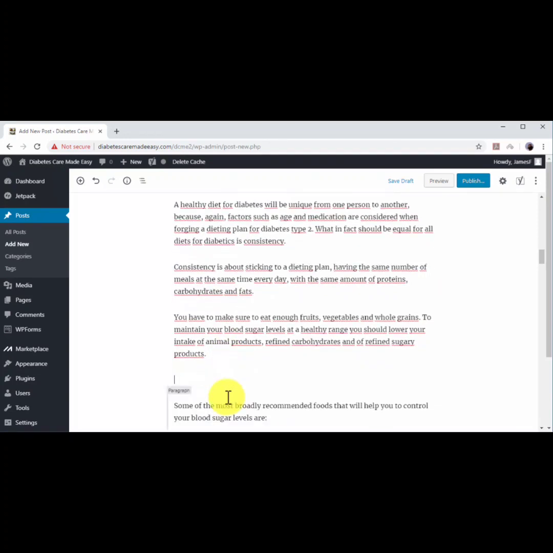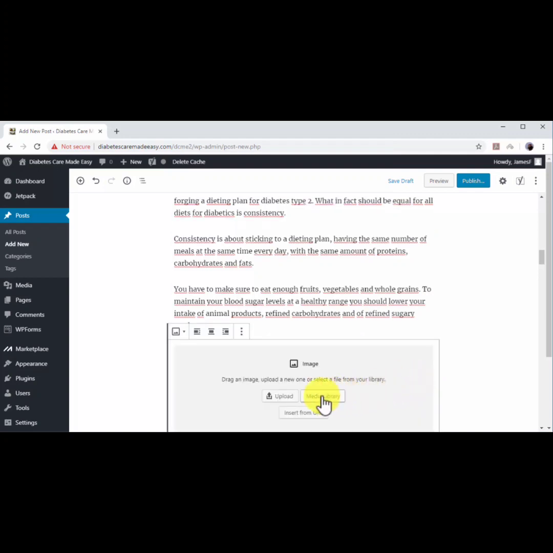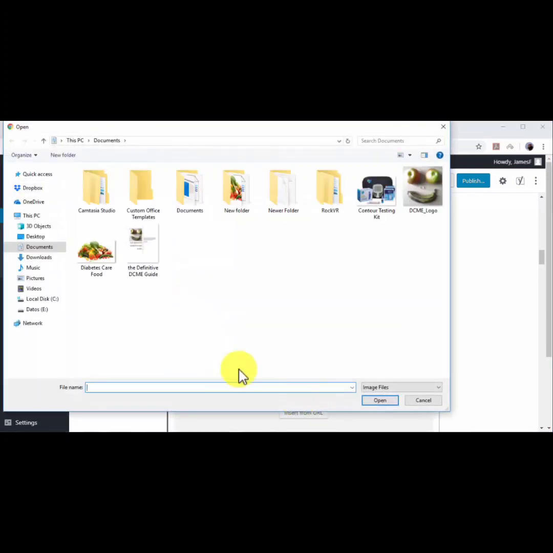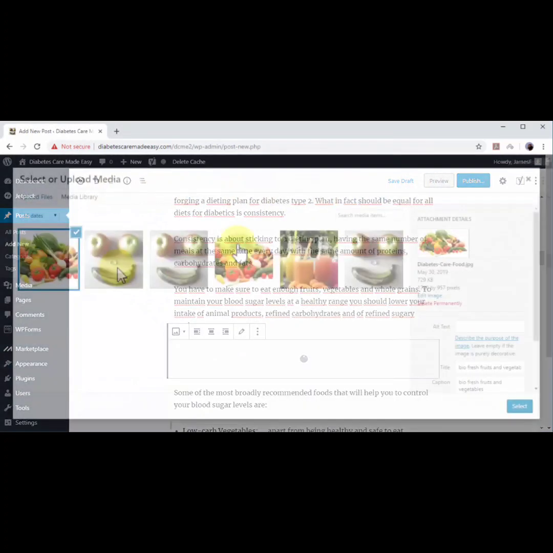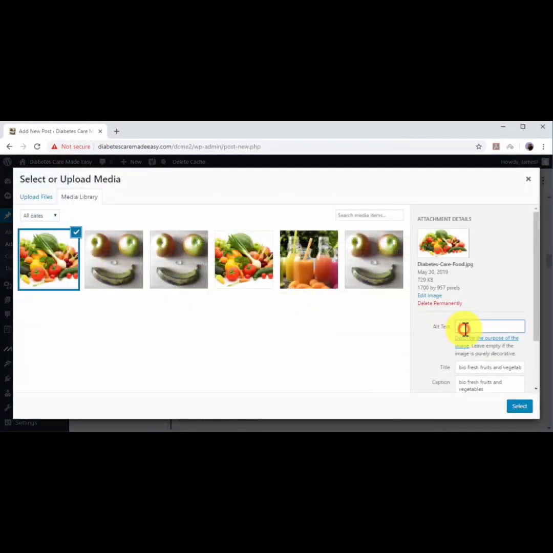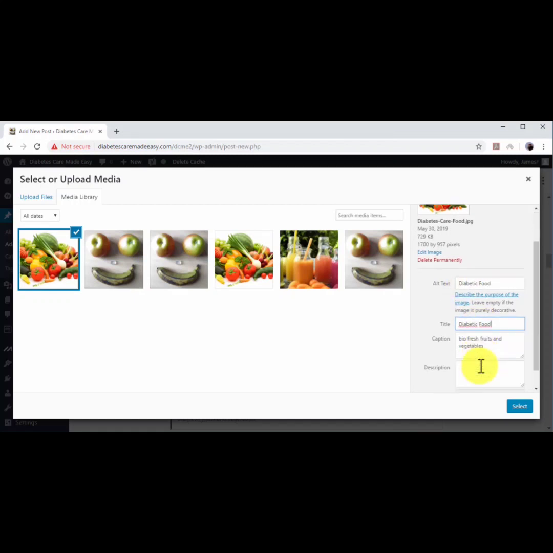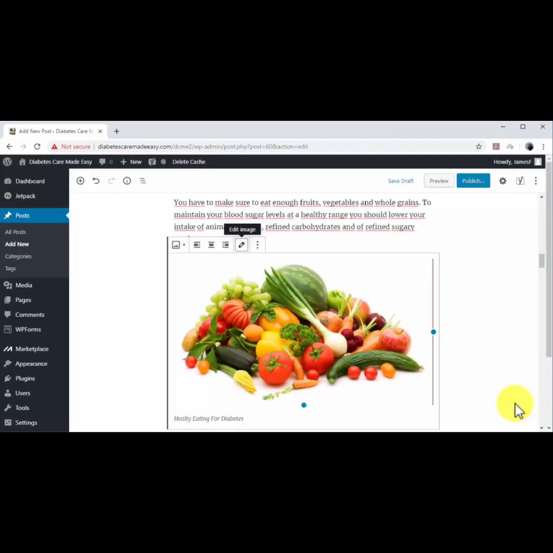First, separate text in an entry after the 3rd or 5th paragraph by placing the cursor at the end of the paragraph and pressing the Enter key on your keyboard. Now click on the Add Image button. Now upload or select an image from the media library. Now enter a high-volume search term or keyword on the title and alt text fields. You can also add a comment about the image or about the entry into the caption field. Now click on Select. Once an image is inserted into your content, center it by clicking on the Align Center